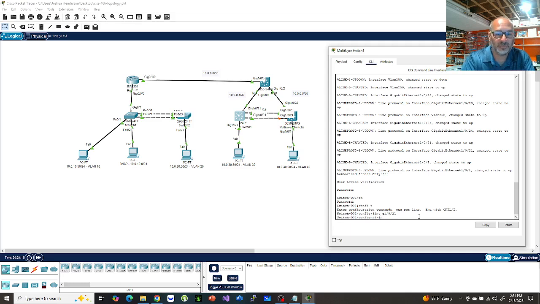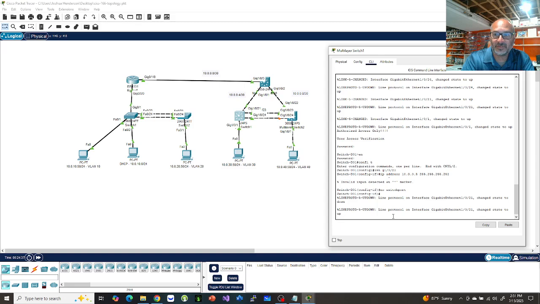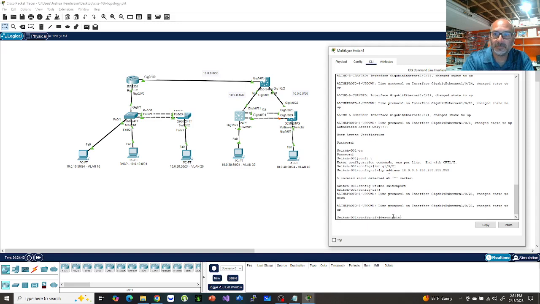And I'll try to put an IP address 10.0.0.5 255.255.255.252, and you see invalid command prompt right here with the caret. So what you have to do is you have to do no switchport. Now that turns that into a routable port. So now I could put my description on there. Link to core switch